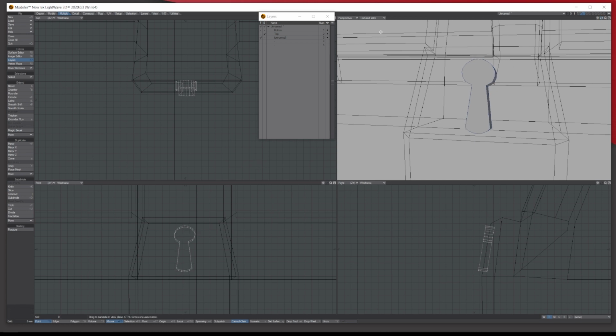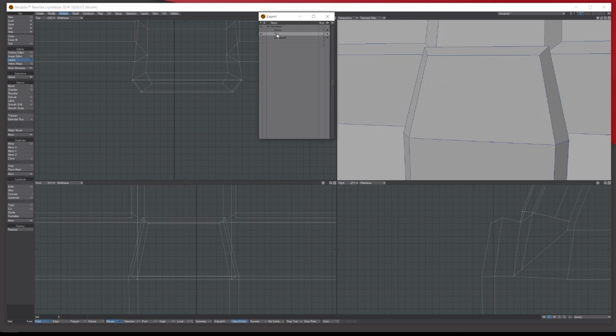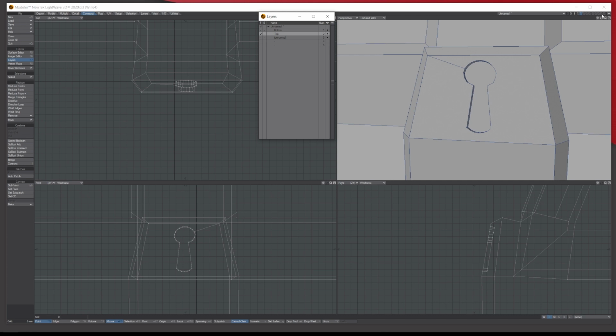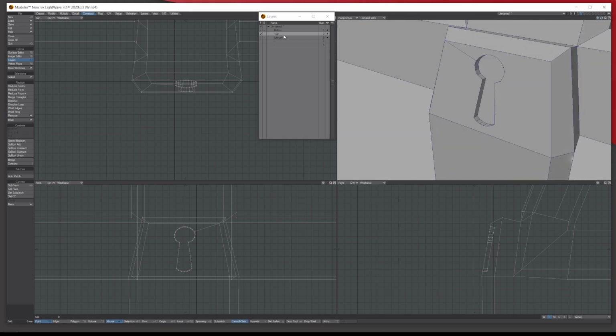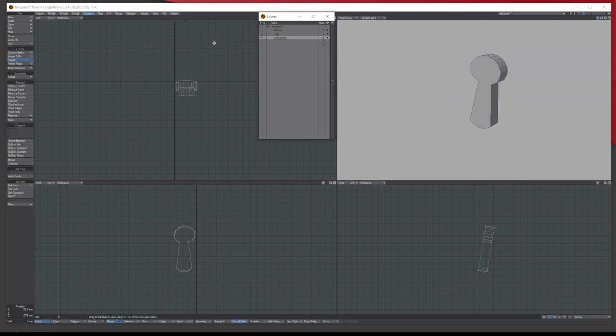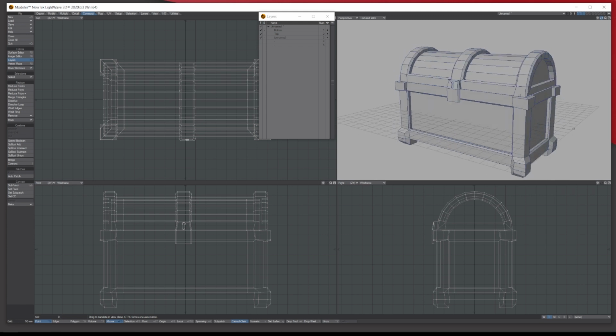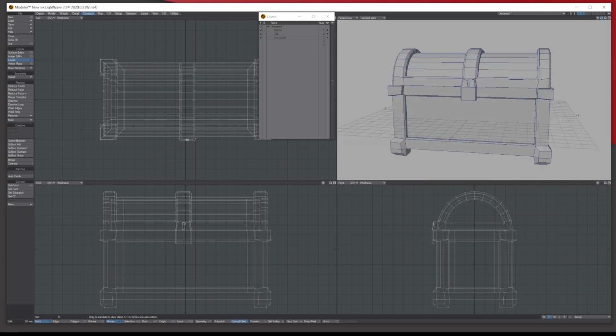Then what I'm going to do is select the top and put the key I want to use to cut out of that shape. So I'm trying to cut out the negative from the positive. You go to construction, Boolean, leave it on subtract and press OK, and then what you get is that key cut out like so. And then with the key itself, the hole, sorry, just delete it, and then let's have a look. There we go, and that's where I'm going to stop.